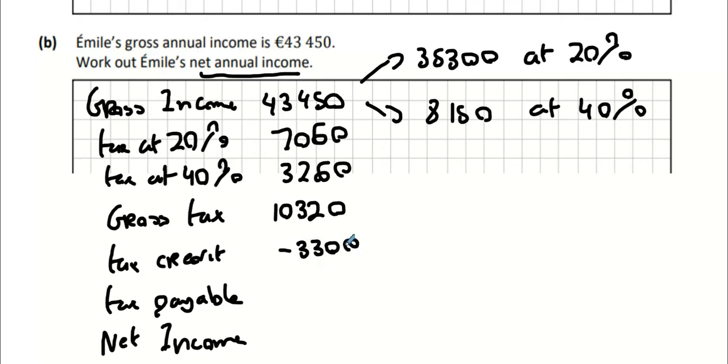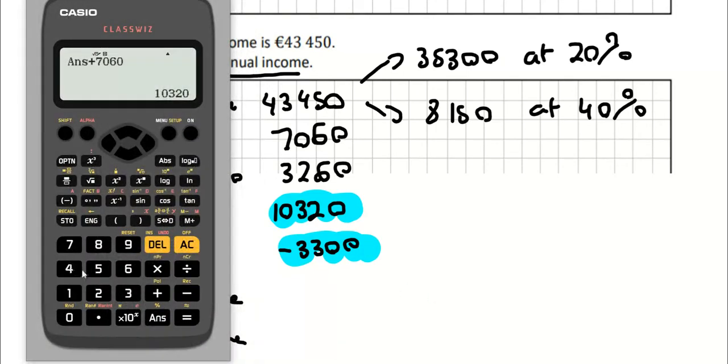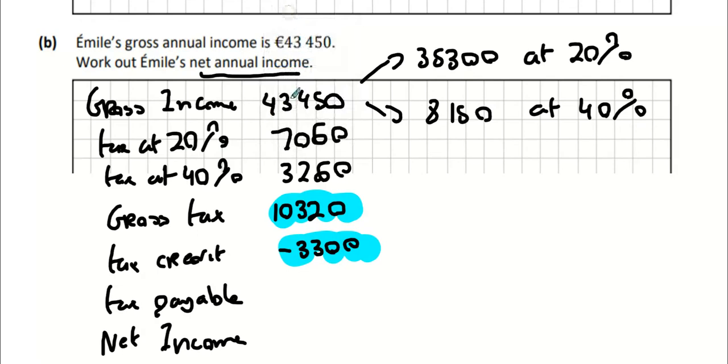Okay. So then we're going to do tax payable. So this one, the two of them from each other, minus 3,300. We get 7,020, sorry. And finally, this purple pink one here, take away this one here, should give us